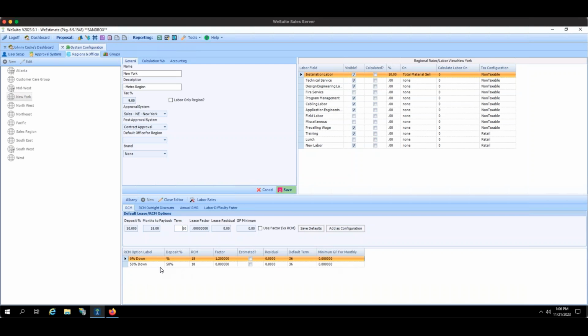So right now we have two lines within this region that say for 0% down, so we have no deposit, for RCM of 18 with the lease factor of 1.2 and a default term of 3 years. We have another option that we present with 50% down and a factor of 0 and a term of 36 months. So basically what this is telling you is that we have two separate plans that we can build and